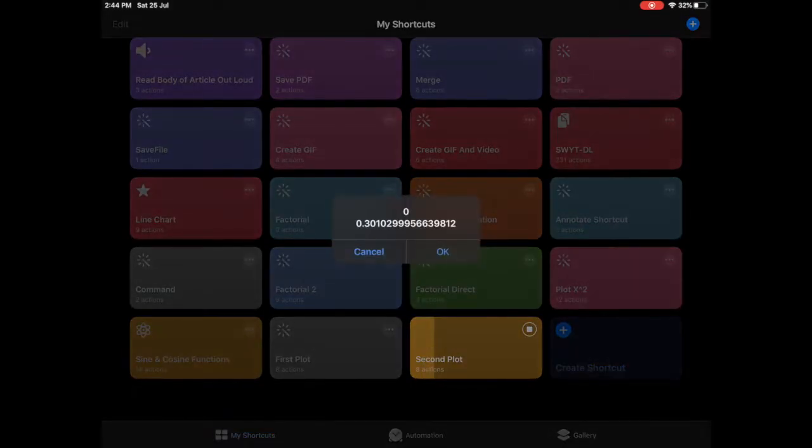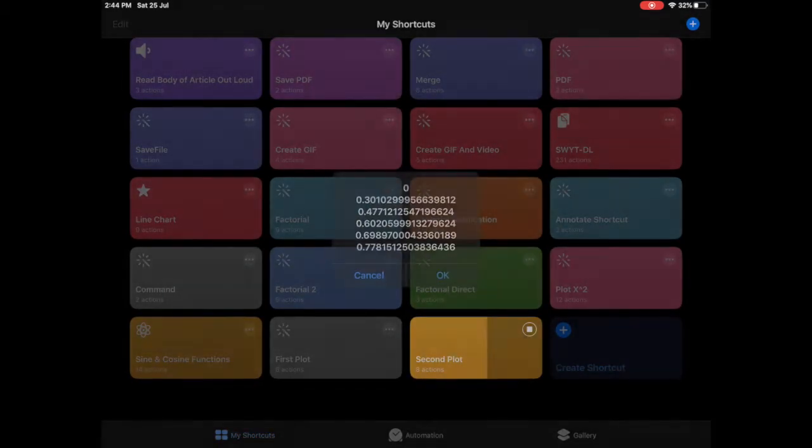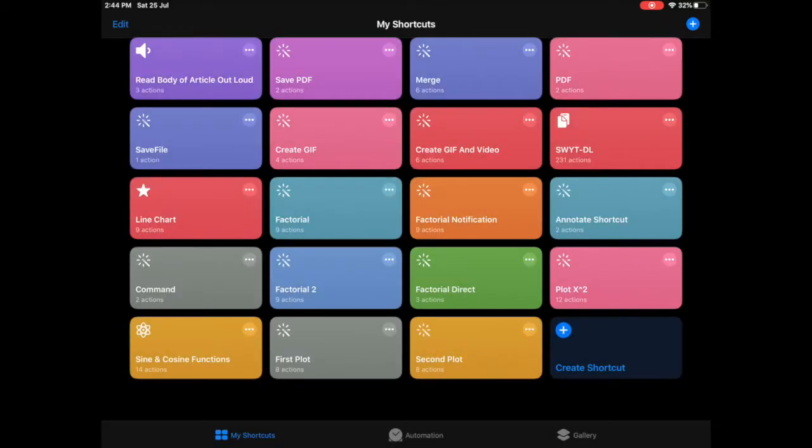We get a 0. Okay, so perhaps the problem... oh, in fact, this is good because now you're seeing that we are appending one element at a time into this variable y1, and this will now beep 10 times, where we can see that this array is growing in size. I actually intended to